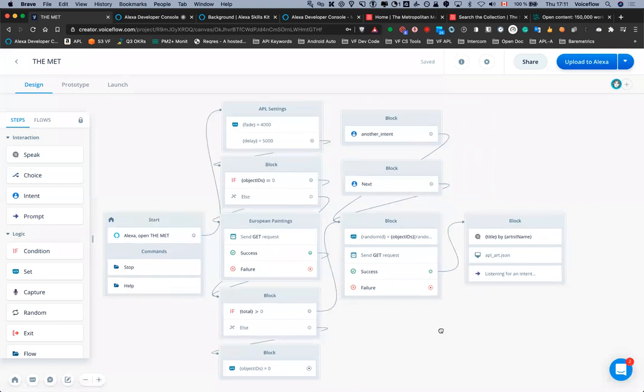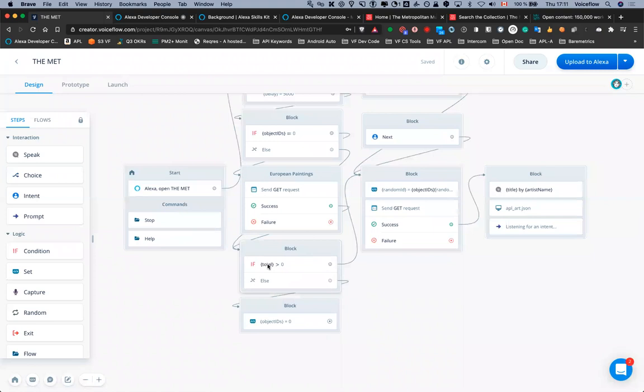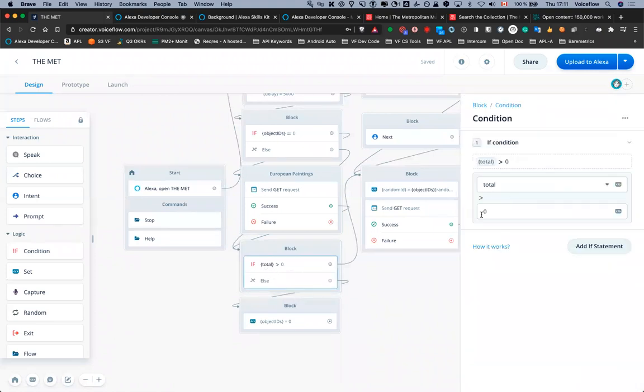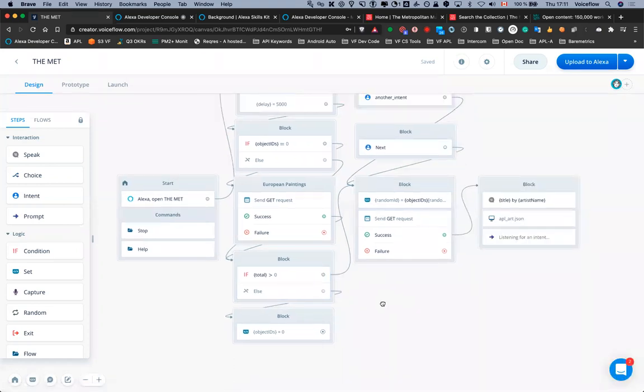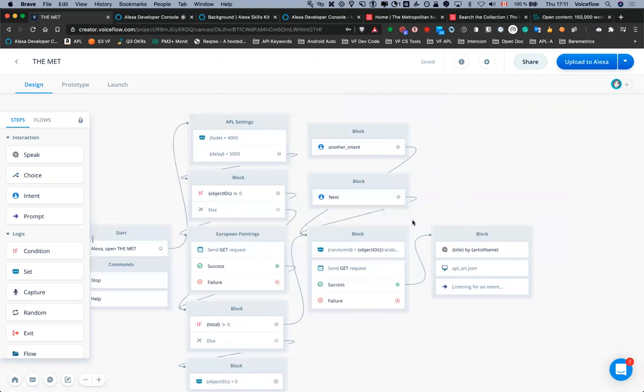So from that, we are just checking that we have a total that is higher than 0. So at least we got some item to deal with. If it's the case, we are going to the next API call. And the next API call,